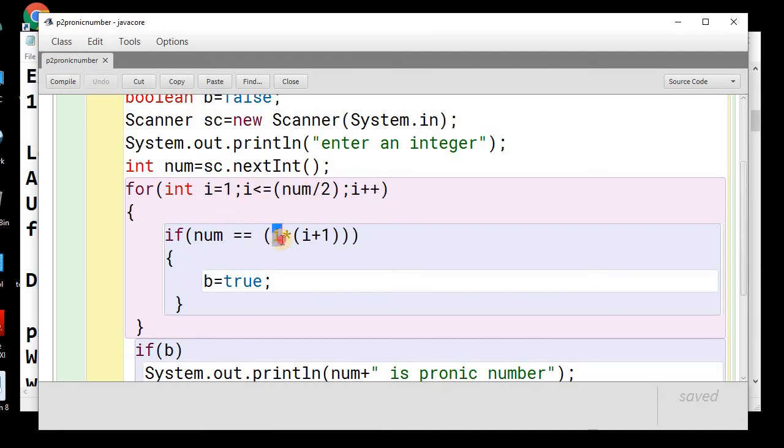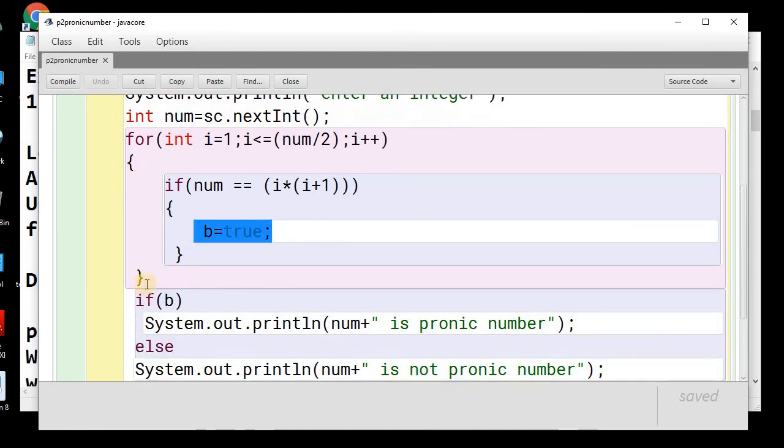So this is 2 into 2 + 1, that is 3. So this is 3 into 2, that is 6. If this is equal to the input number, then b will be true. In this way, we will continue multiplying the consecutive numbers and checking which product is equal to the actual number. Once we find the actual consecutive product, b will be true.